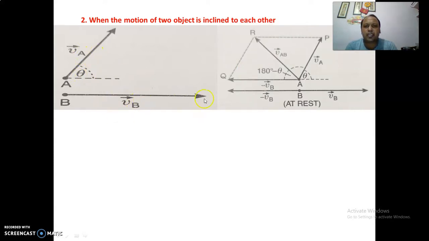So B has to be at rest. So we added minus VB in this direction, in the opposite direction. So B comes to rest. In the same way, since we have added minus VB in this direction, same direction we add minus VB